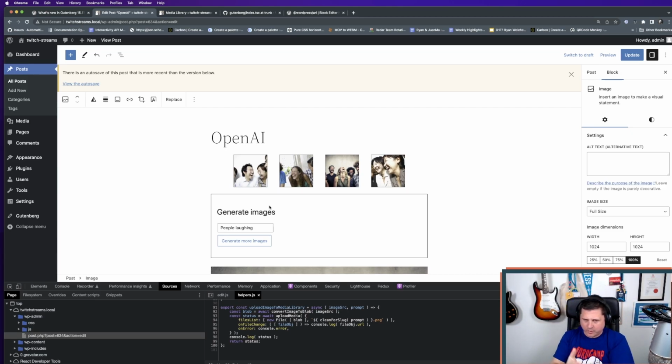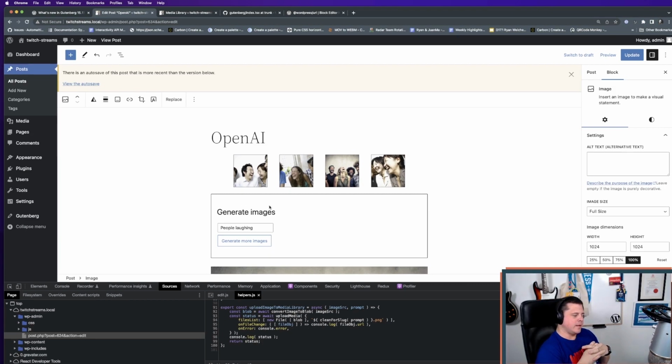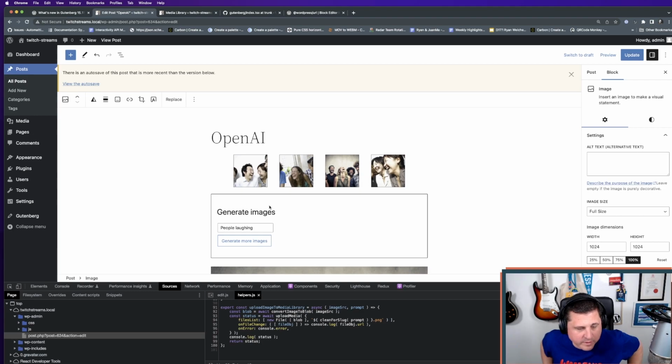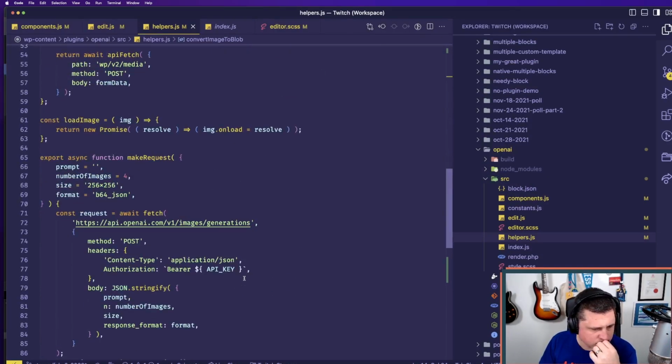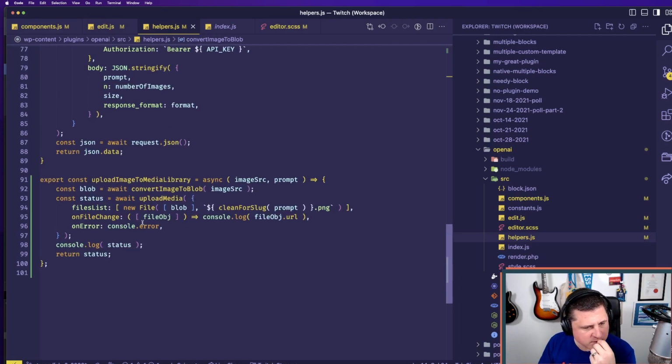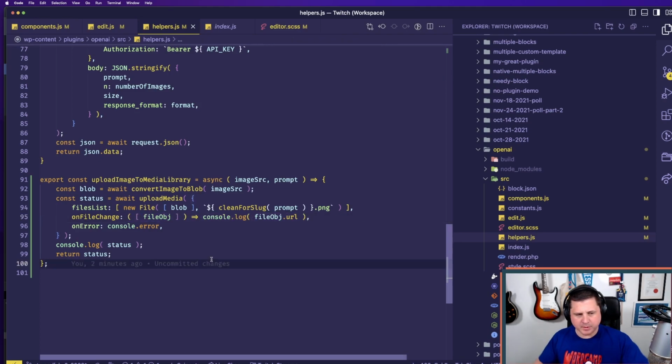So I click insert, and when it closes the modal, what does it need to do? It needs to insert a media. It needs to insert an image block. Because that's what we want it to do, right? So, okay, so then how... so on file change, console log file dot URL. So on file change, I'm going to need to have it... could use replace block. Yep. That would be cool. That'd be a way to, well, no. Do we want it to replace the block? Maybe it can,